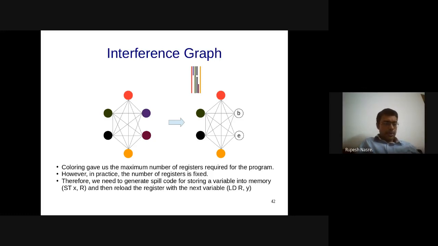But typically you might require more registers, in which case we have to move certain register values to the main memory and free up those registers. Right? So that is what we call spilling. So we have to generate spill code. Why spill code? Because we are going to insert instructions into the generated code to move the register value into main memory, into the variable that the register is holding the value of. And once you store it back into main memory, then the register is free. Now it can be used for some other variable to load the value, or it can be used for calculations and so on.